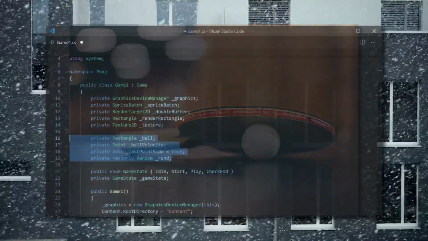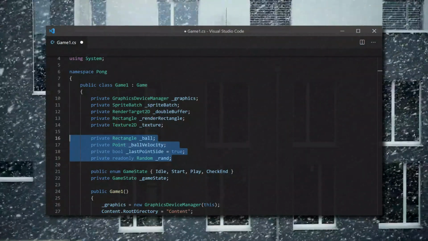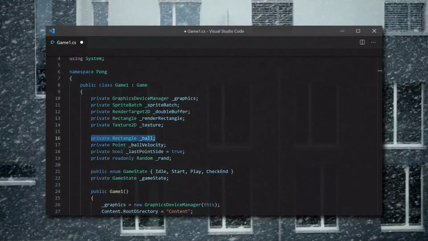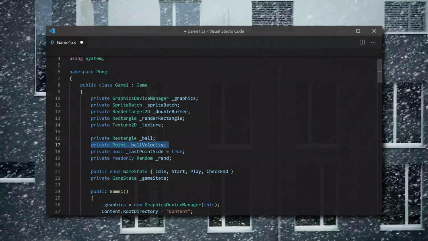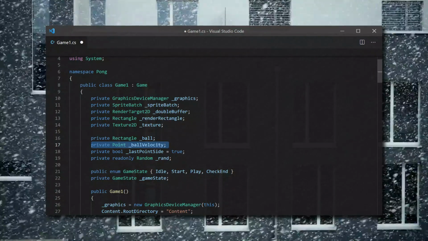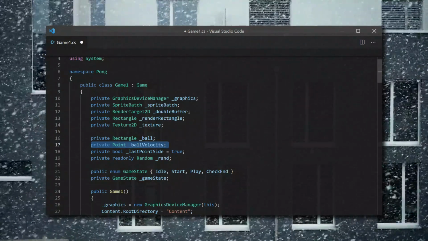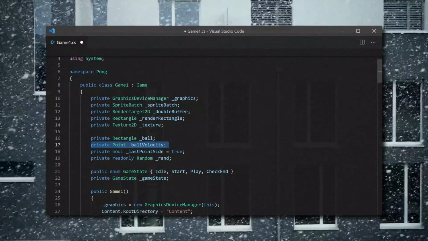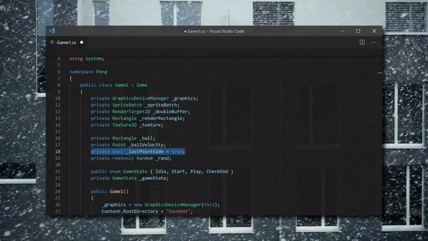We go ahead and set up 4 fields. The first 2 basically define our ball. The rectangle defines the ball's position, drawing, and its bounding box. The point defines its velocity. Point in Monogame holds an x and y value in integer form. Usually, you'd use a Vector2 for velocity, which stores the values as floats, but I don't plan on having any non-integer values. The boolean is used to determine which side scored last.